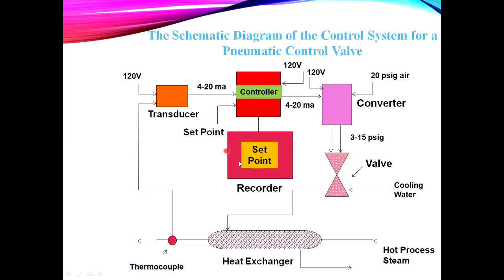So you have your set point here from a recorder, and your controller now compares that particular sensed value, in the form of an electrical signal. Based on the error between the set point and the sensed value, your controller will send another signal to the converter here. There's a converter because your controller can only work with electrical signals in the form of current. So another electrical signal will be sent to your converter, which will convert it into a physical signal in the form of air pressure.